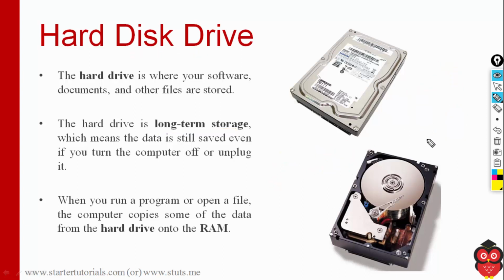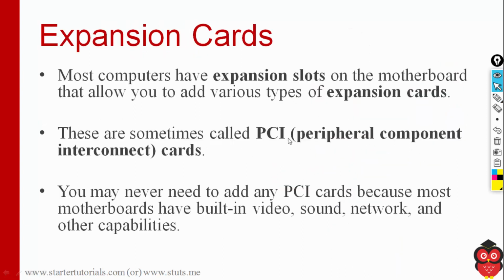So let's continue, and we have the extra cards which we might need if some problem comes. Such cards are called expansion cards. Those expansion cards are inserted into slots called PCI slots, peripheral component interconnect slots, and the cards are called PCI cards. Examples of PCI cards are video card, sound card, network card, or Bluetooth card, or whatever that we need.